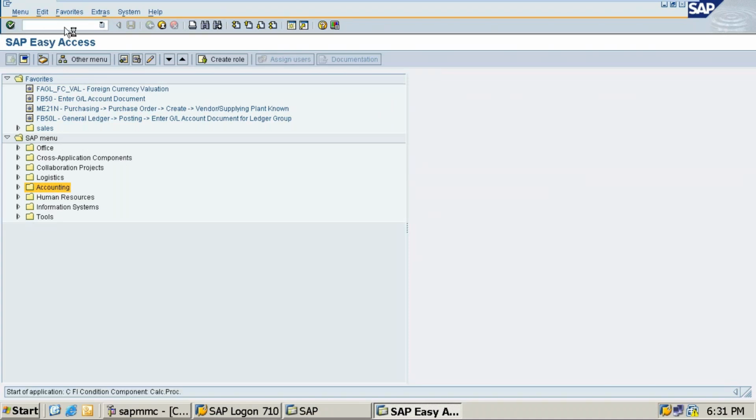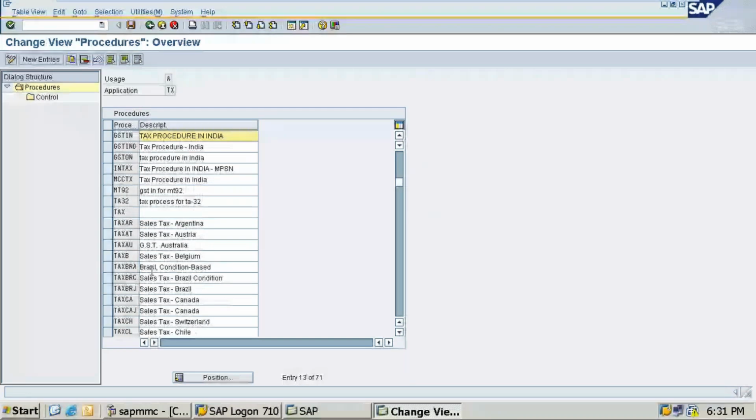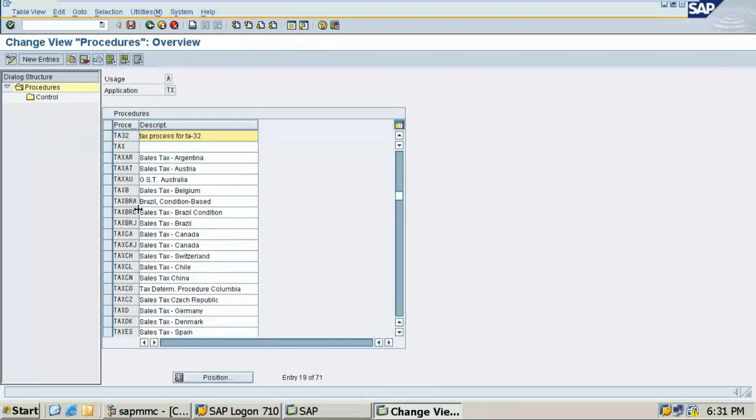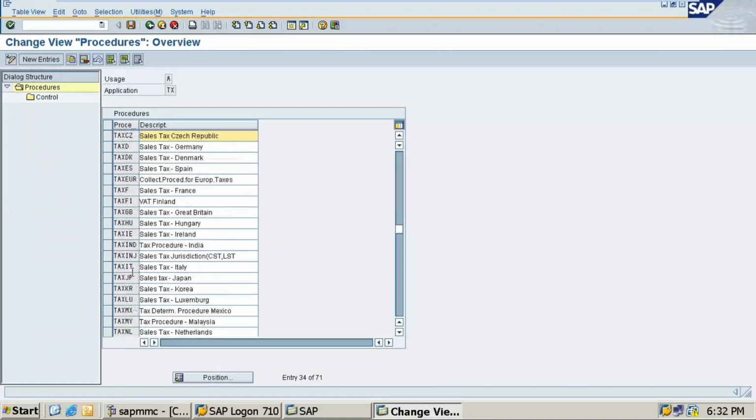I want to show you some things. See, there are some different alphabets. We need to check whether these have been used or not. TAXIN has been used or not. TXIND has been used. TAXINJ has been used. TAXINT. No. TAXIN has